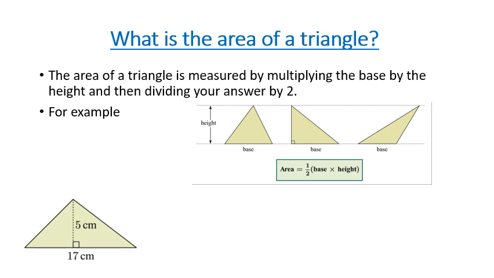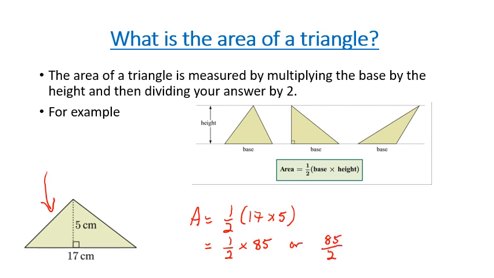An example, let's have a look at this triangle down here. The area of a triangle is half the base, which is 17, times our height, which is 5. Now 17 times 5 is going to be 85, so this is going to be a half times 85, which is exactly the same as 85 divided by 2. So therefore our area is going to equal 42.5